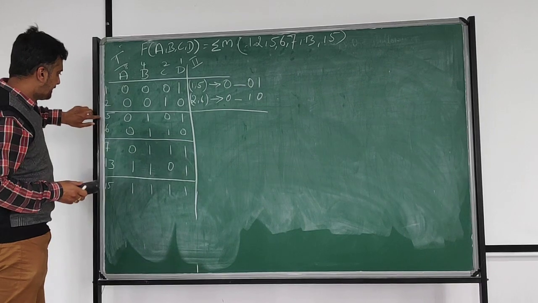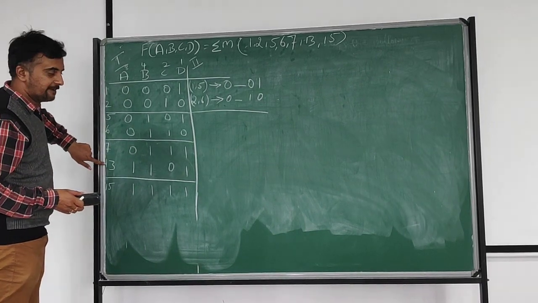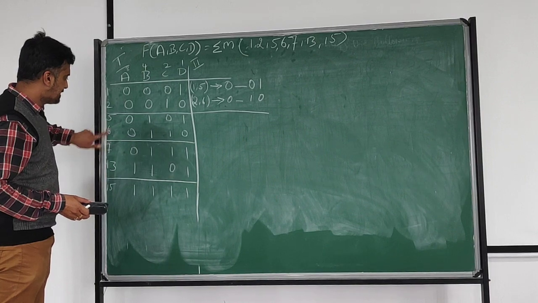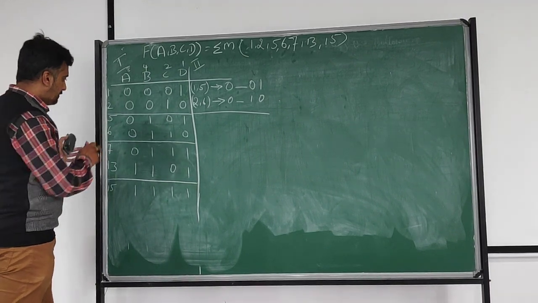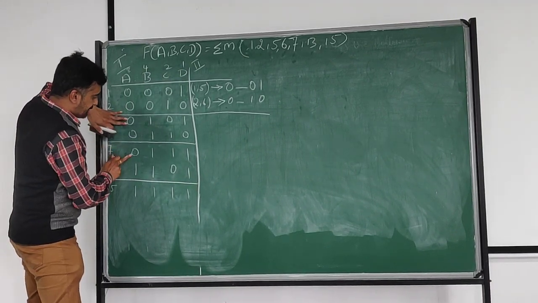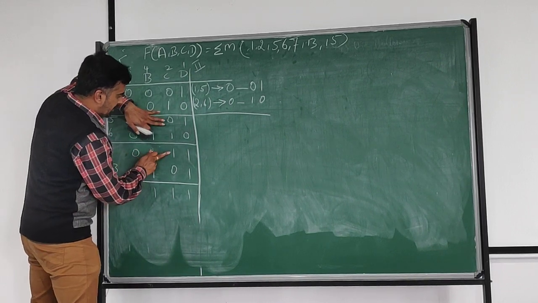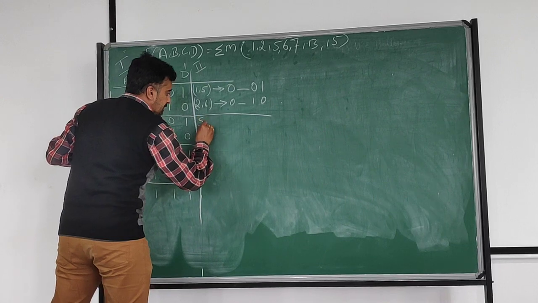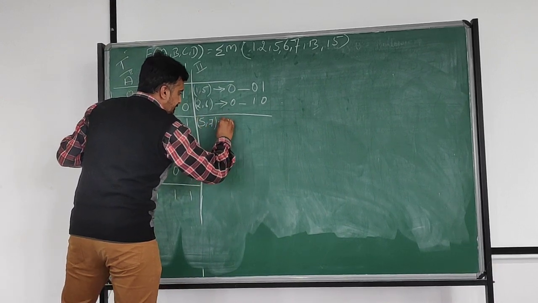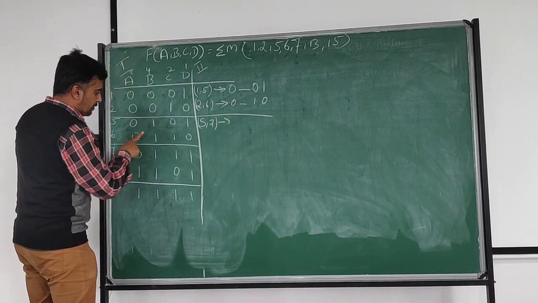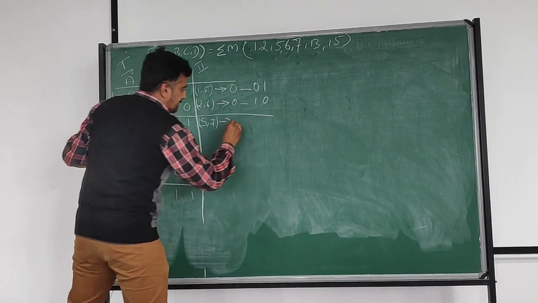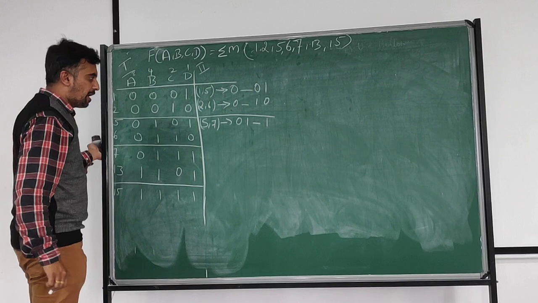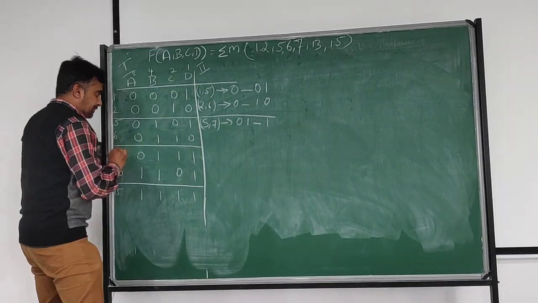Next compare 5 6 with 7 and 30. First 5 7, 5 30. Next 6 7, 6 30. Now compare 5 7: 0 0 same, 0 1 same, 0 1 change, 1 1 same. So it is available. So 5 7 is 0 0 1 dash, 1 0 1 dash 1. Clear? Next after this 5 7, 6 30.